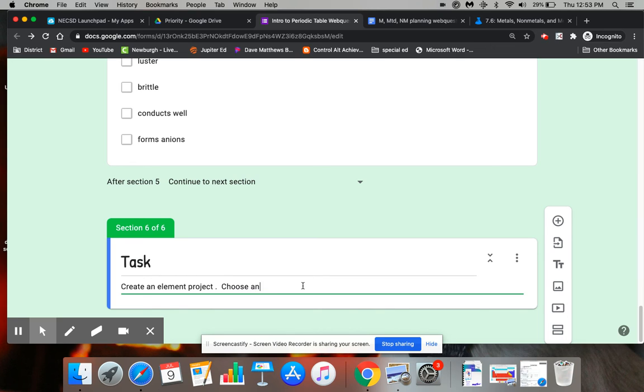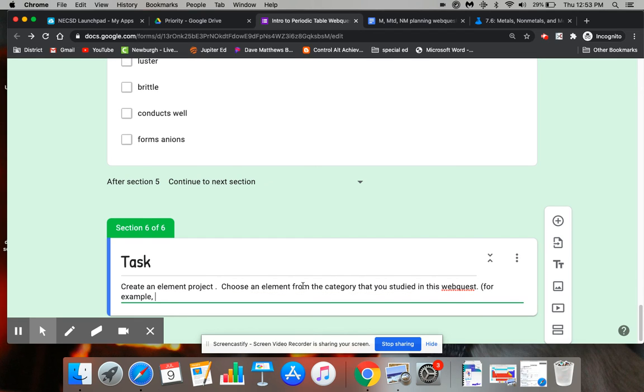Choose an element from the category that you studied in this webquest. And I give them an example. For example, if I studied, let's say, nonmetals,